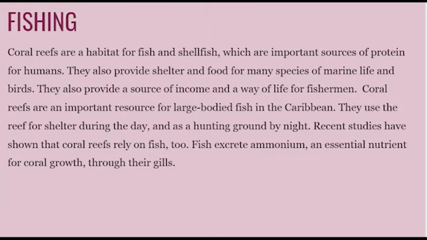So coral reefs are a habitat for fish and shellfish, because these fish and shellfish, we eat them. They're an important source of protein for us. So they breed at coral reefs, some fish that is. What they do is they provide shelter and food for these fish. Some fish feed on the phytoplankton and some other things that the coral has. So it's serving as food, and it also provides a shelter for the fish,